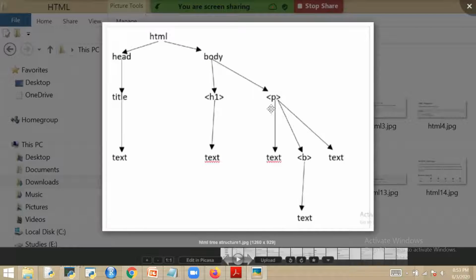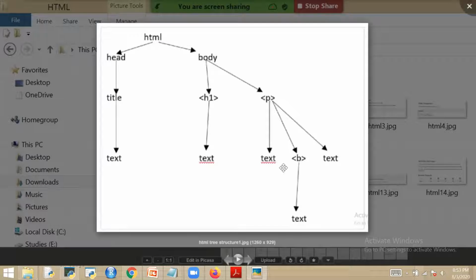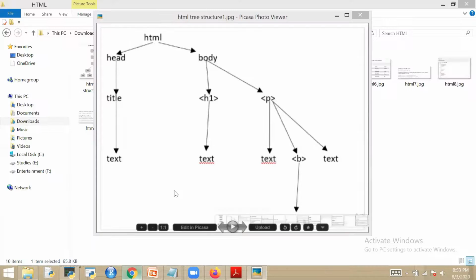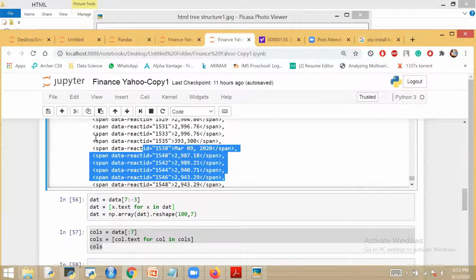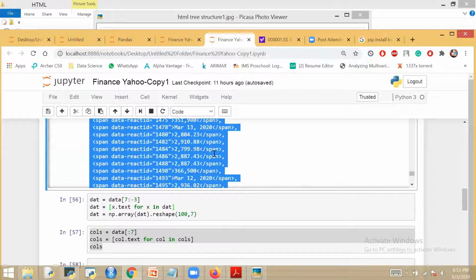Suppose this is a span and after this text is there. If I give data.text, it will extract my text from there. So this is what we are doing here. I want the text of all these things.